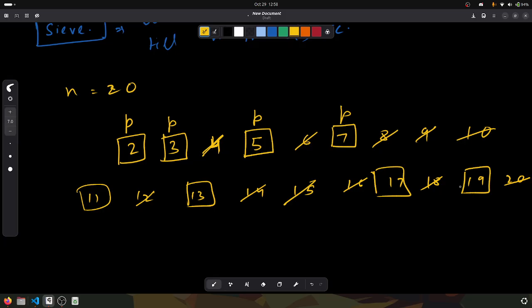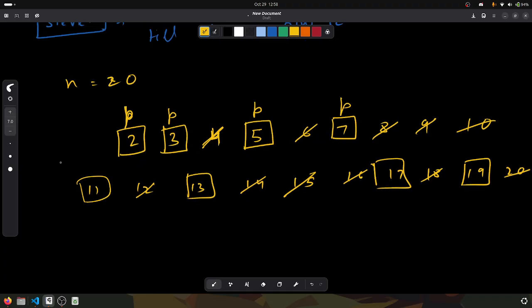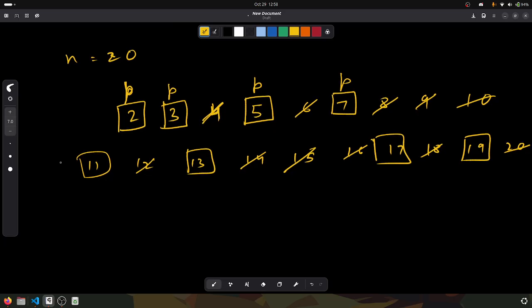So basically that is how sieve works. For every prime number we will remove all the multiples of it, we will mark all the multiples of it as composite. For every prime number we will do that, and in the end we will end up with all the prime numbers. And since for every prime number the loop will run n upon pi times,